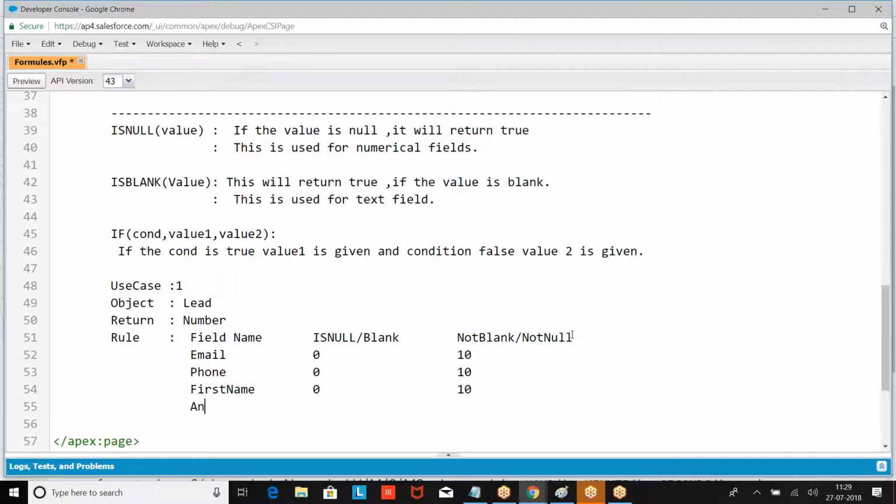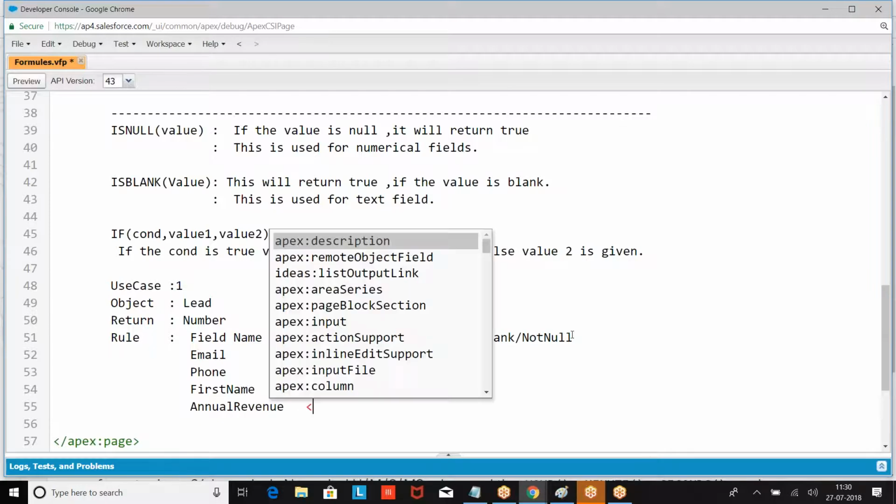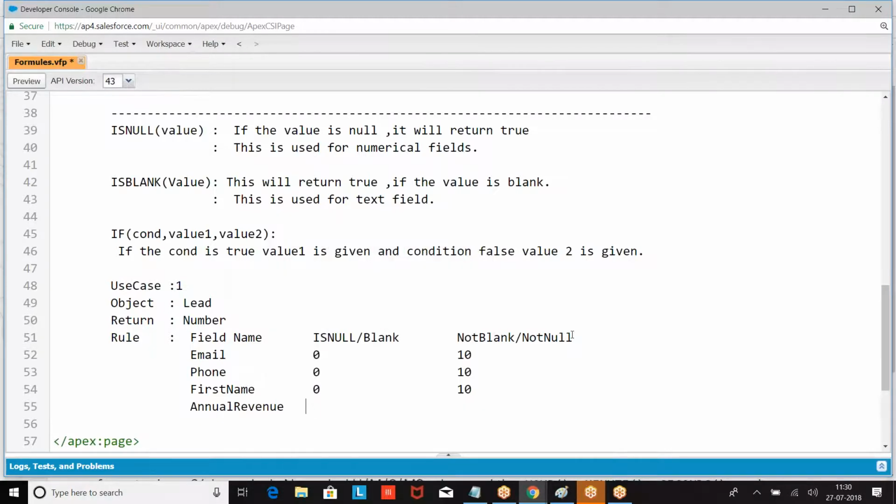If annual revenue is less than 0, then annual revenue equals 0, 0 points, more than 0, 20 points.